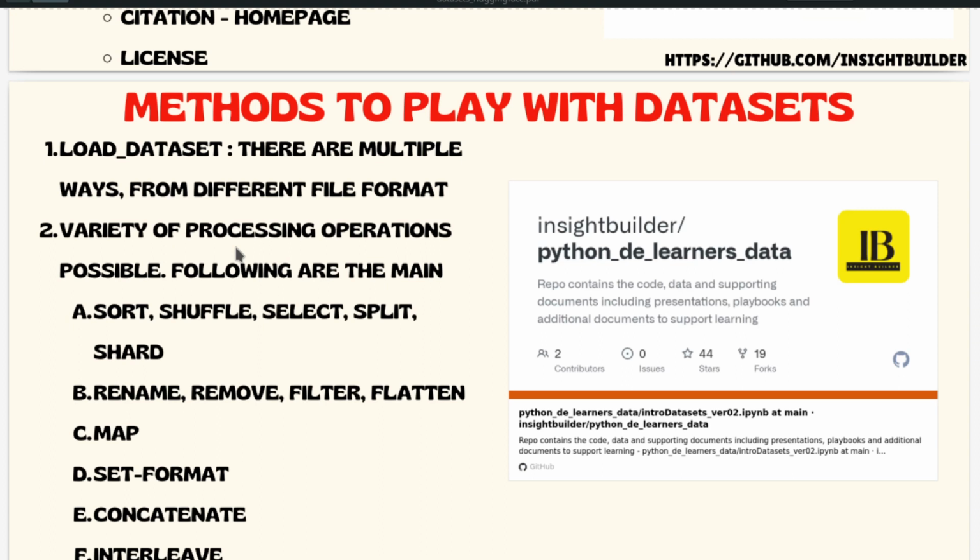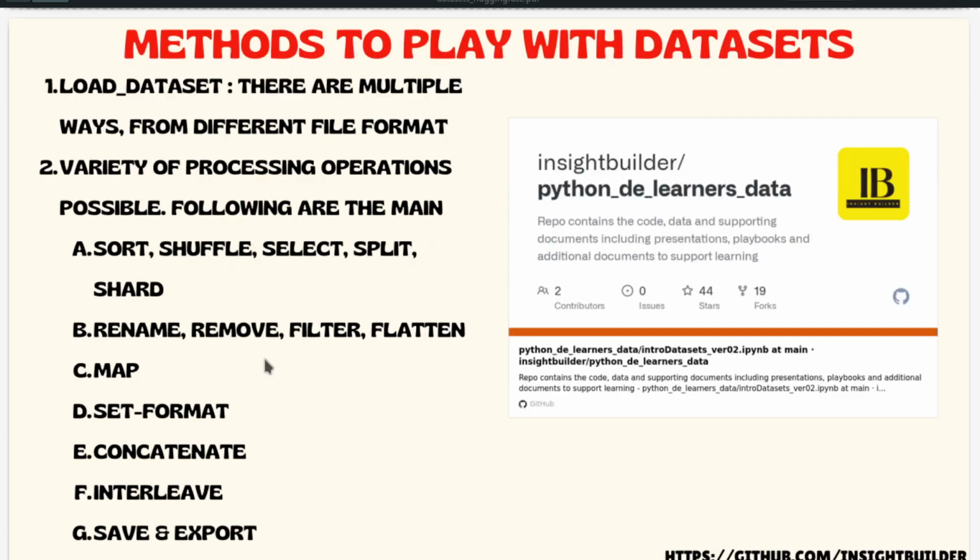So all this data processing activity is, I shouldn't say restricted, it is given in a concise fashion using these methods like sort, shuffle, select, split, shard, rename, remove, filter. So these are all very simple looking methods but extremely powerful when they are used on the datasets. So what we are going to do next is this particular